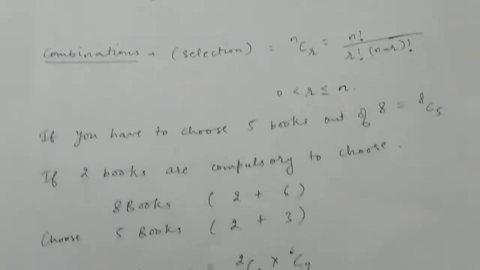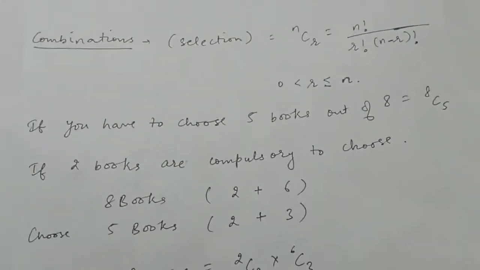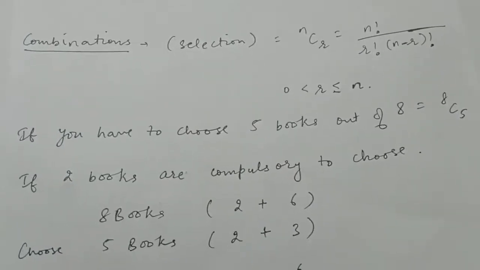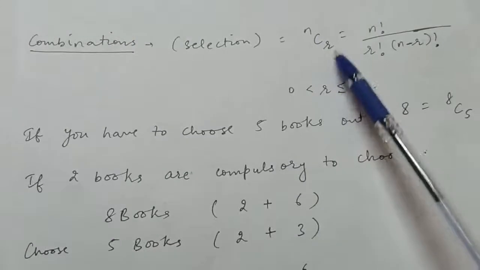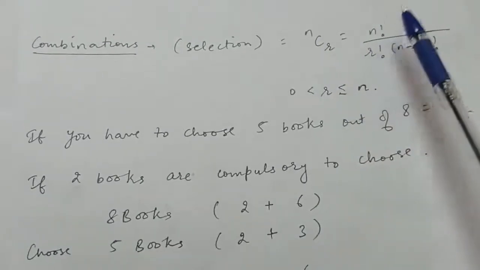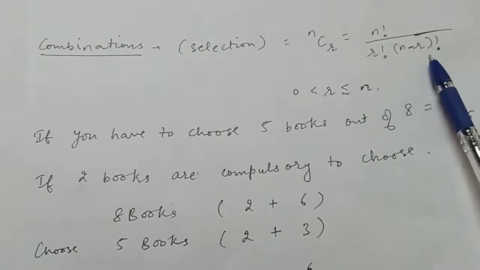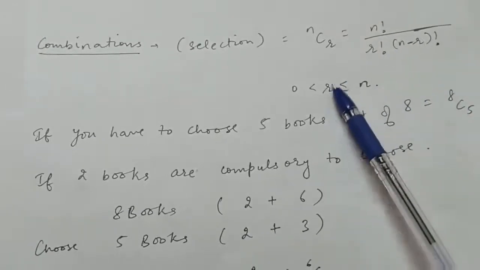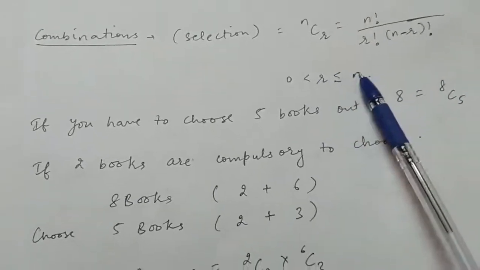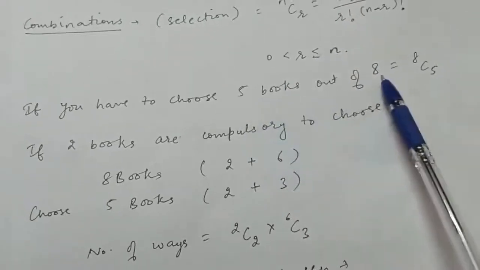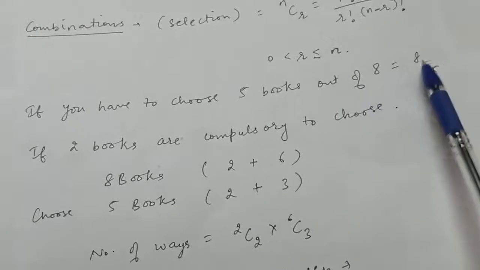Now combination is used for the selection. If n objects are given and at a time we have to select r objects, then it can be done in nCr ways, which is equal to n factorial divided by r factorial into n minus r factorial, where r goes from 1 to n, right? For example, if you have to choose 5 books out of 8, then it can be done in 8C5